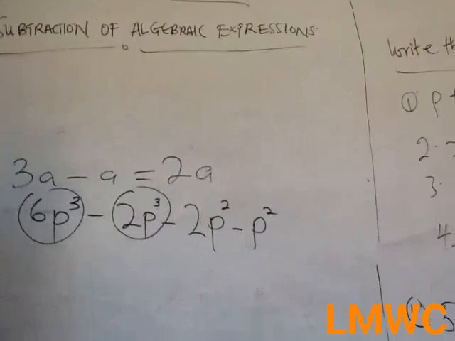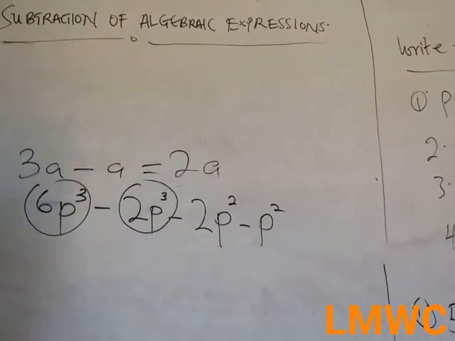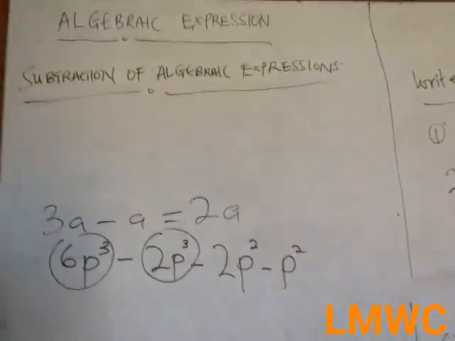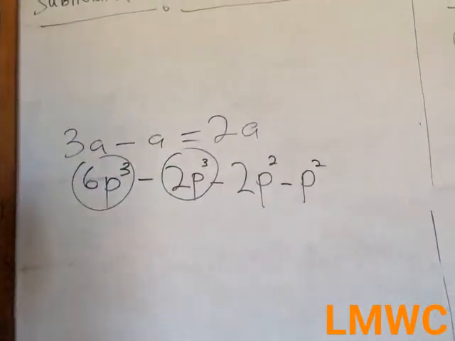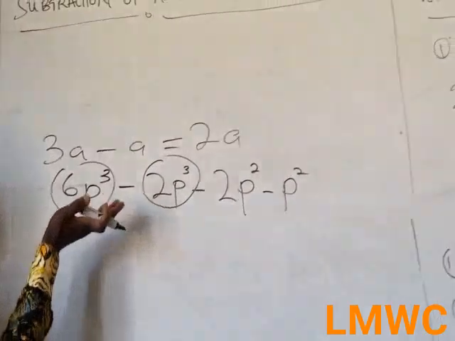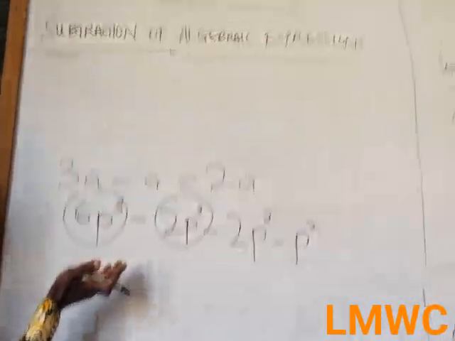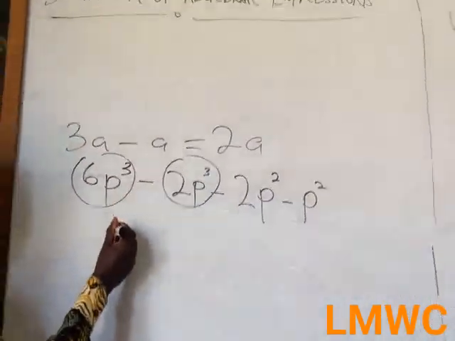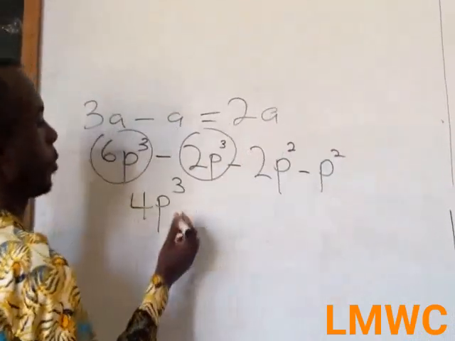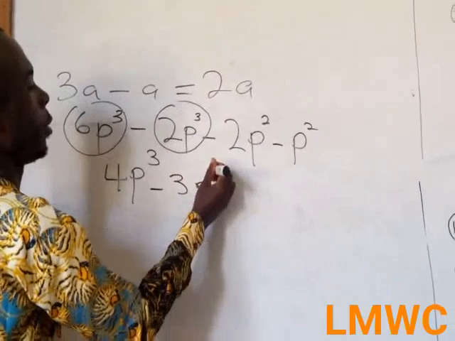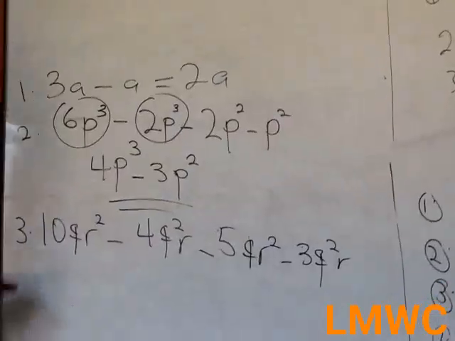At times they can mix them up and they will ask you to arrange. Once you don't arrange, you can't solve it. So this one, you are fortunate they have arranged it for you. So this minus this is 4p cubed. And from this we have negative 3p squared. So the third one,